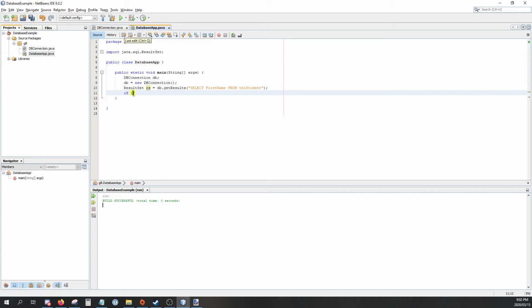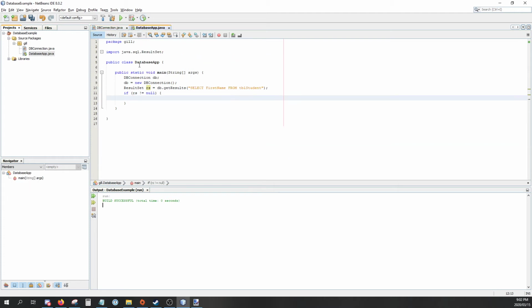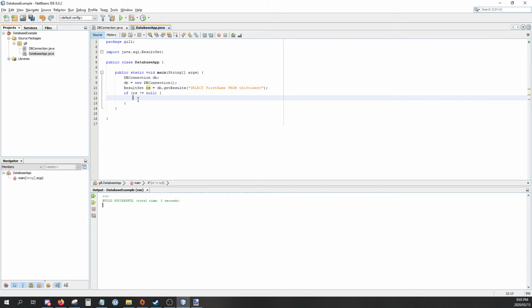And then basically if rs is not equal to null, so as you can see over here, it's null. If there's an error, it's just going to return something null. So we don't want to try and work with something if it is null. So if it's not equal to null, basically, if we take a look at our database again, we're going to have a database with the rows Akeem, Indigo, Acton, Ulysses, Alana, Wing, Lyle, and so forth. So let's do this. So then we basically want while